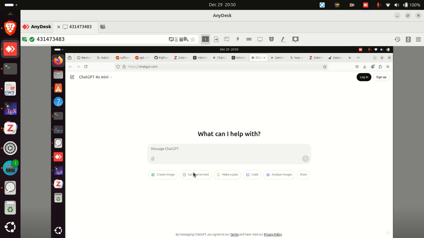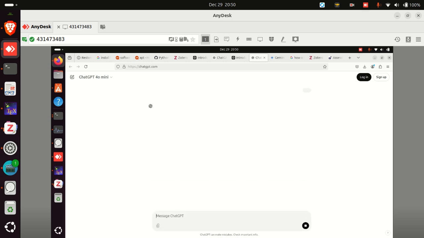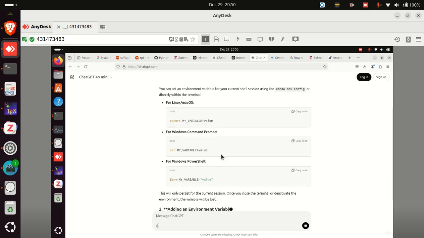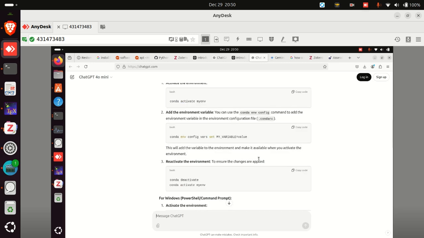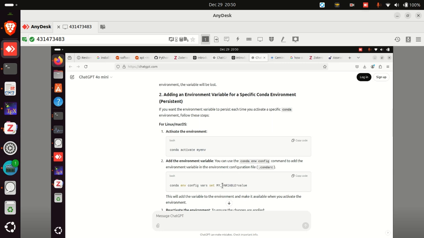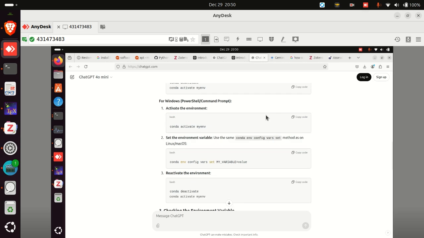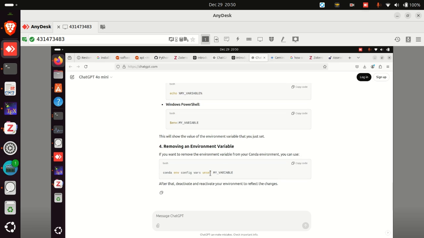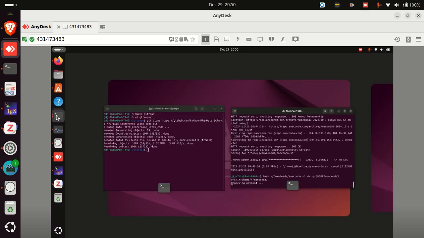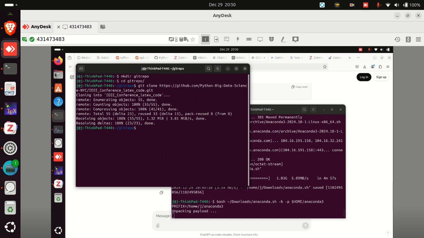We'll start with ChatGPT. So how to add environment variable for Anaconda using conda command. So I think it's one step. Conda activate, no. I'm not very sure, so let's see. So let's keep a watch on what's happening. It's still downloading, so in the meantime we will search for